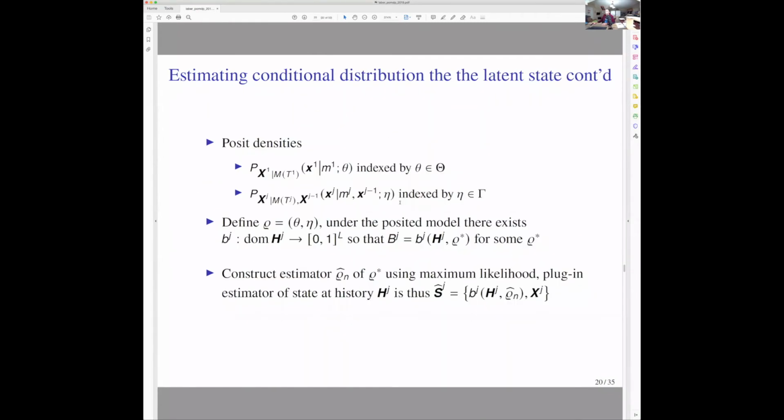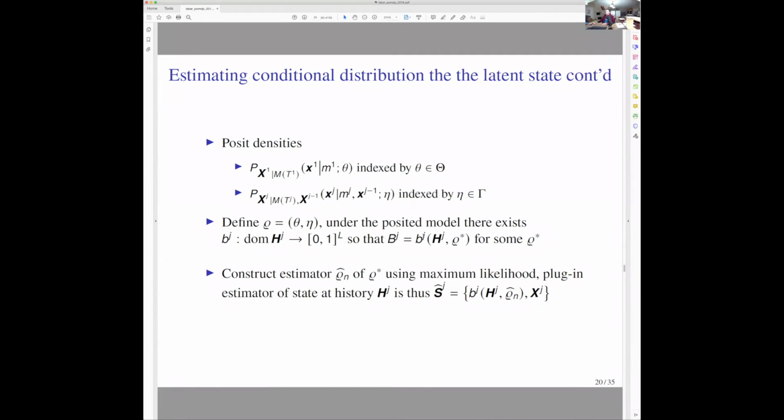And just to give a little bit more detail about the kind of things you have to posit here. So you need a model, and this gets at the question that was in the chat. We have a model for the distribution of the initial observable given the latent state at time 1 that's indexed by some parameter, say theta. And then we also need a model for the distribution of the next observable given the latent state and the previous observable, which we assume again is some parametric model indexed by eta. And then if we define rho to be both parameters theta and eta, then under the posited model, there exists some function, I'll say little b j, that maps the domain of the history to vectors of length L, where L is the number of latent states, so that the estimated distribution of the latent state given the history and these parameters